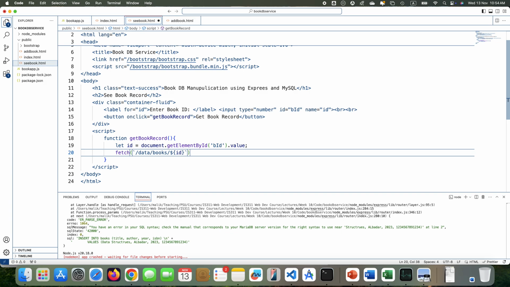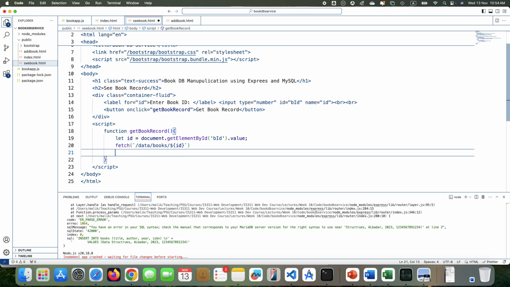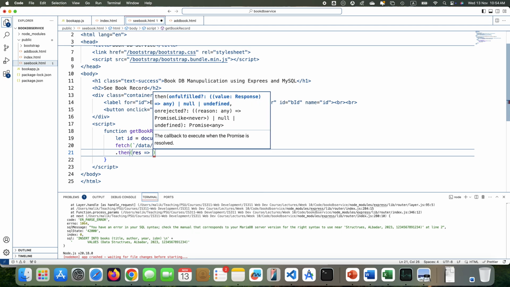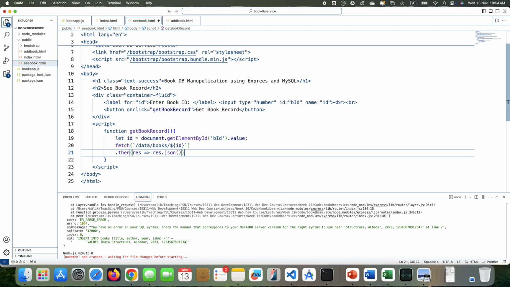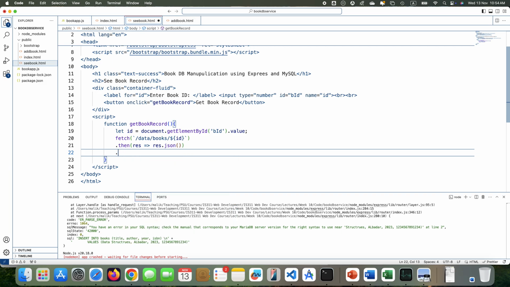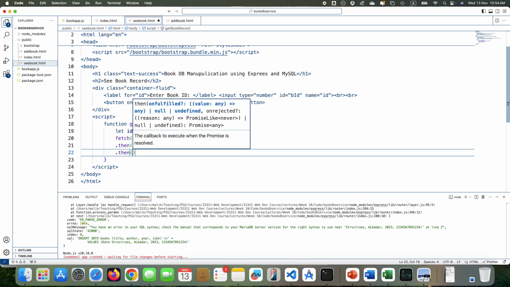That is the tick. Otherwise, if it's a single quote, I say single quote plus id, so it will combine them together. So here I can write only one thing, then dot, then what? res arrow res dot json dot then,